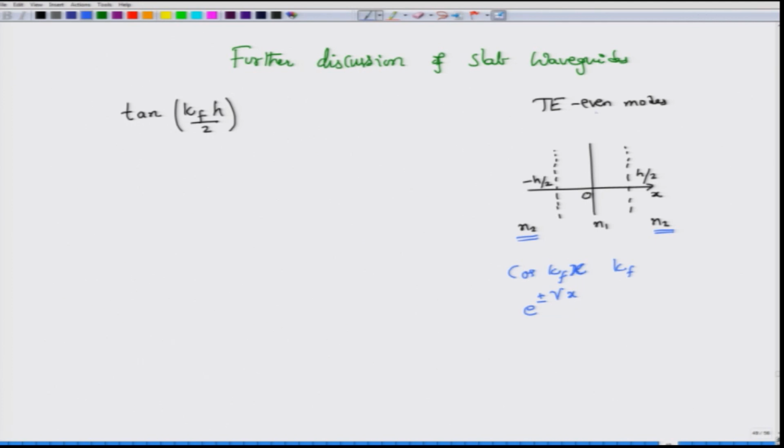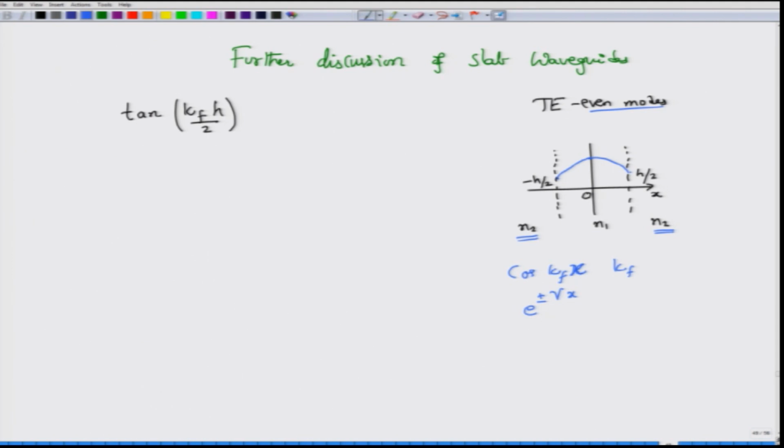So, as I was saying, what is an even mode for us? An even mode is one which has a cosine dependence, okay, because as the mode changes, it would be cos kappa f x. If we did not have these planes at plus h by 2 and minus h by 2, then this mode would actually have gone and become a cosine like this, correct. But unfortunately, that is not possible, because you have these planes which will stop your cosine function just at this boundary, right. At this point it would have stopped.